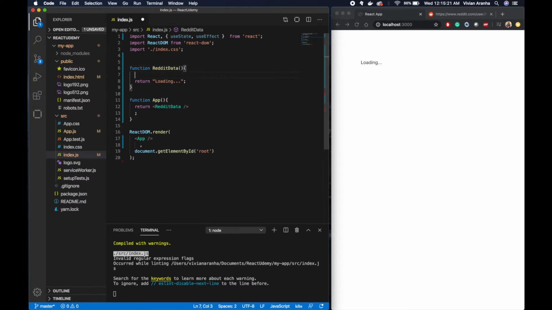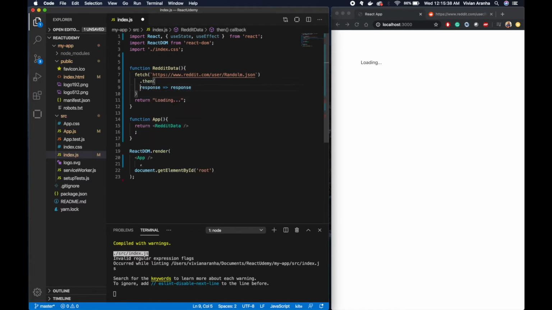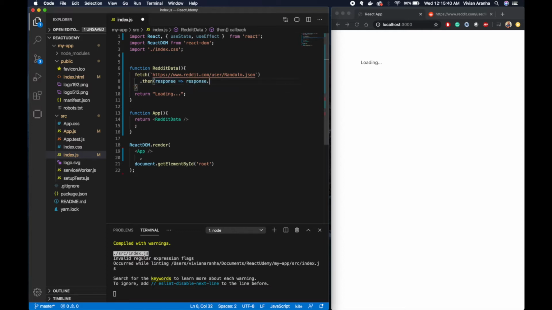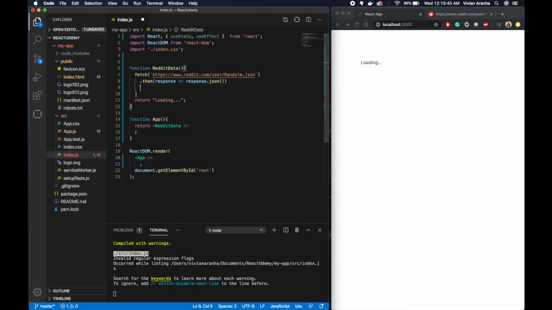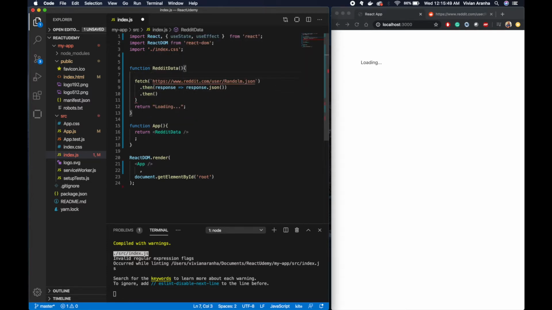Now if I want to fetch data, I'll use the fetch function, and I'm going to use that URL. Go back, so I have the URL here. Once I have the URL, I will do .then where I'm going to take the response that I get and send it to response.json. Next, I'm going to save the data somewhere. So I'm going to create a state variable,